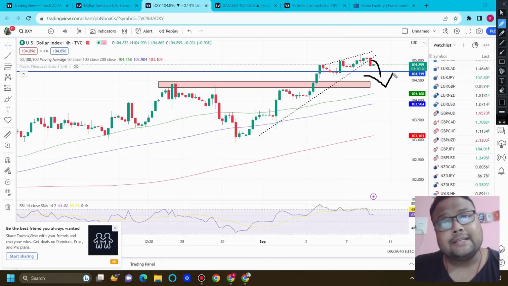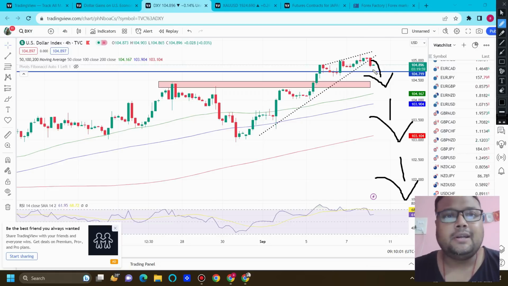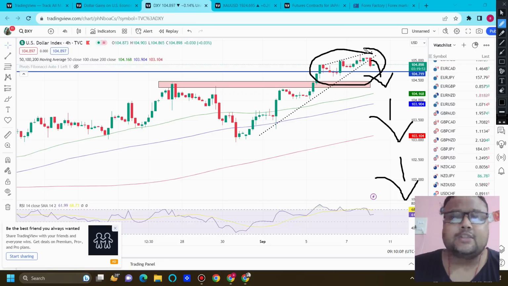Yes, though a rising wedge is a trend reversal pattern, I'm still not hoping for a complete trend reversal because fundamentals are above all. No fundamental factors are pushing the market down, so you cannot expect a complete trend reversal because of the technicals. If the market comes down, that will just be part of the correction. But yes, there is a possibility that we may see some correction on the chart of DXY because we can easily see that slowly the market is losing momentum.